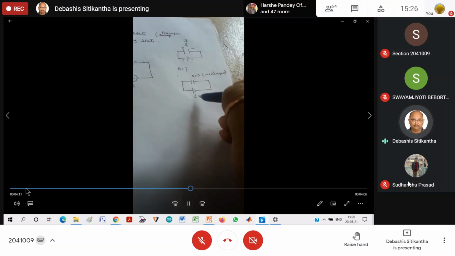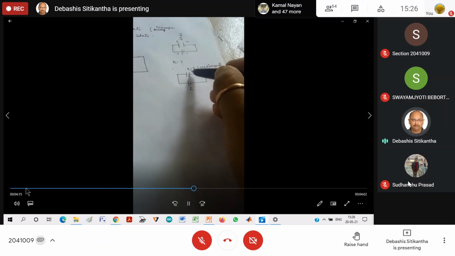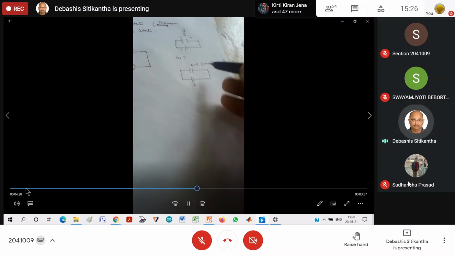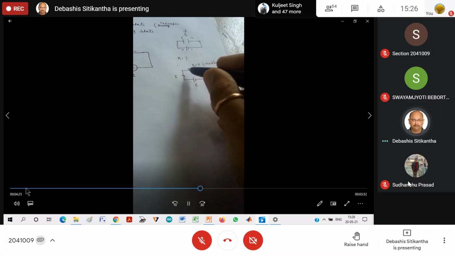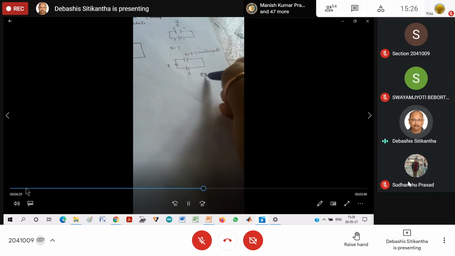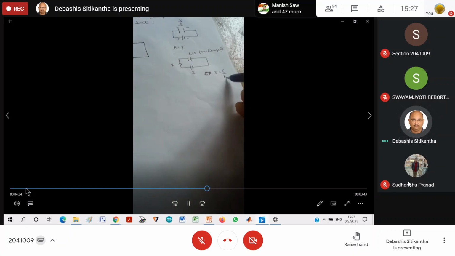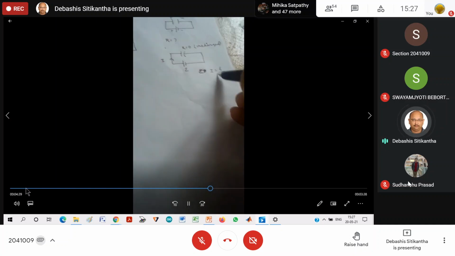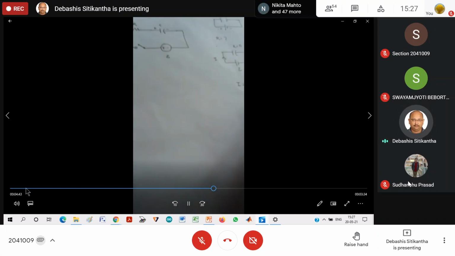So when I am going to apply a DC voltage to this uncharged capacitor, as I told you, the resistance of the capacitor right now when it is uncharged is equal to 0, and therefore the charging current I that will be flowing through this, because as I told you, your I is equal to E by R, and in case of an uncharged capacitor, your R is almost equal to 0. So if this is the case, then the current I is going to be very, very high.